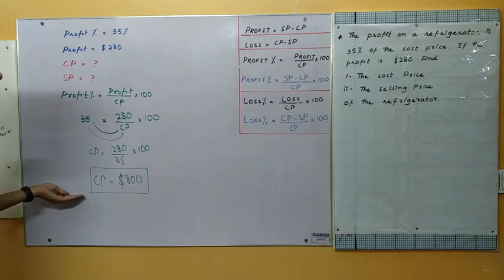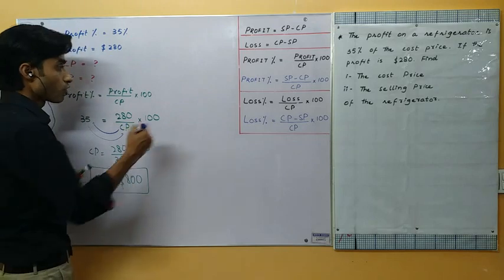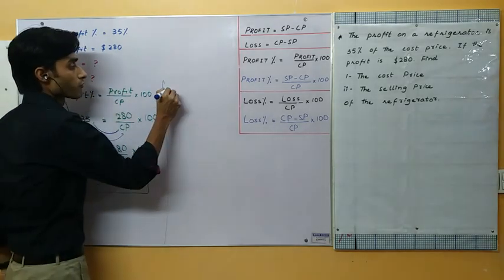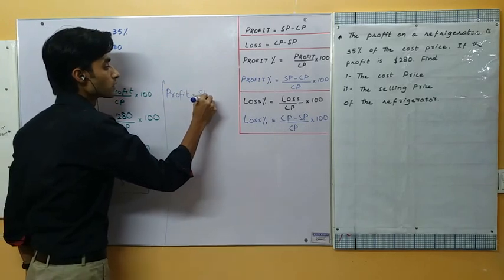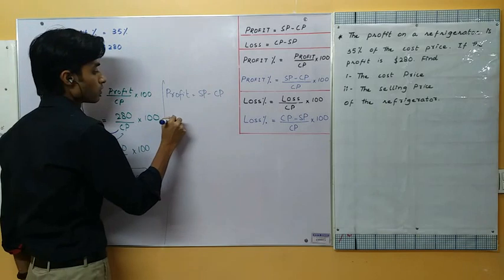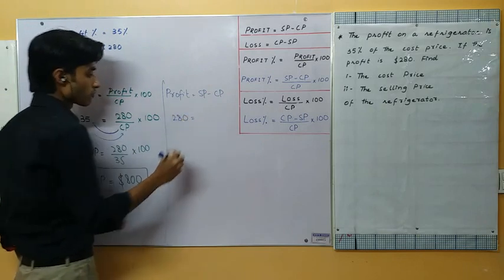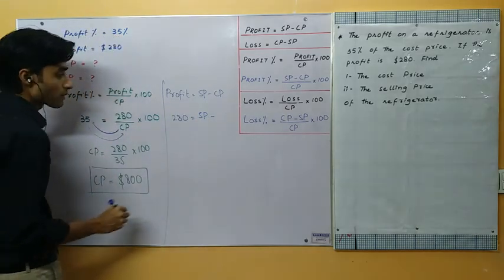So now I can use the first formula to find out the selling price. The formula that I am using is profit is equal to selling price minus cost price. The profit is $280 is equal to selling price, the unknown, so I am writing SP, minus cost price,